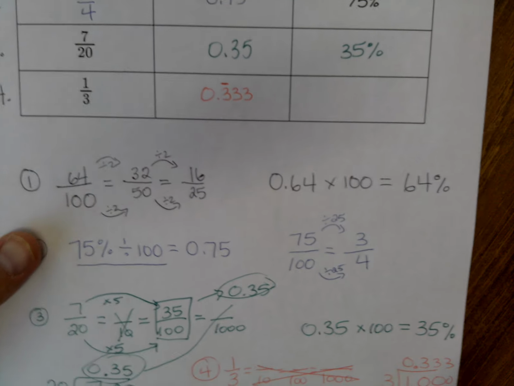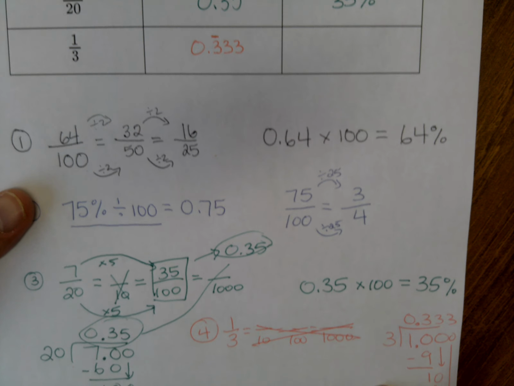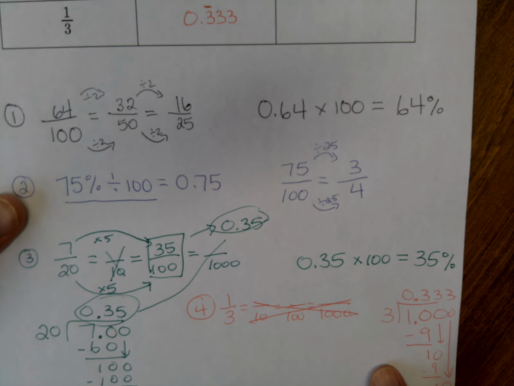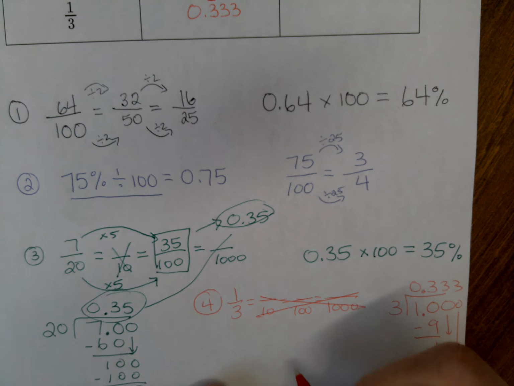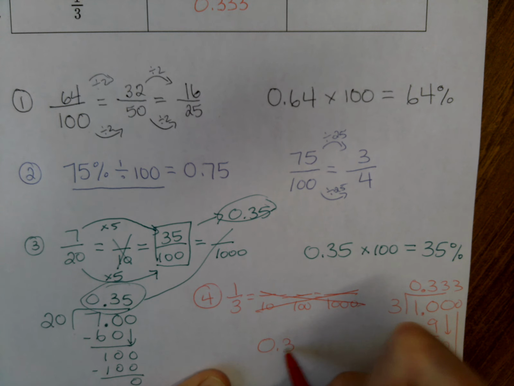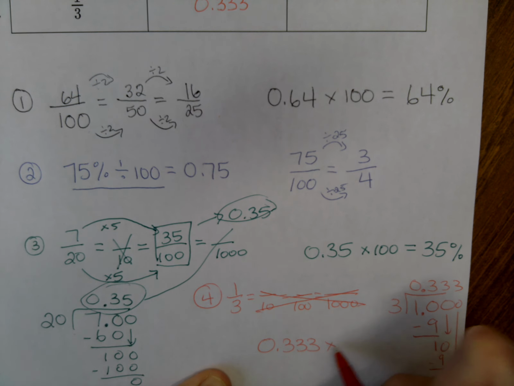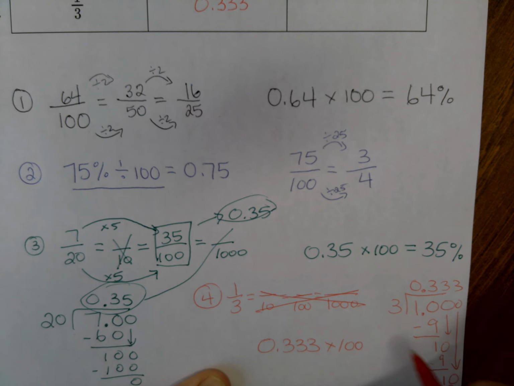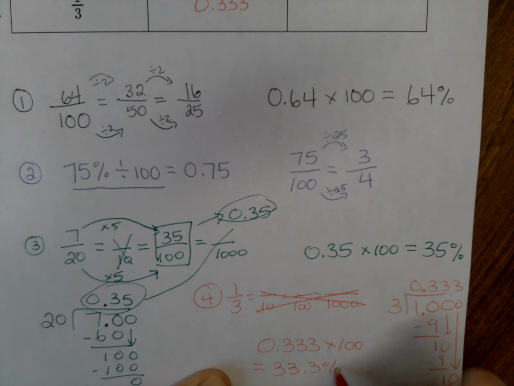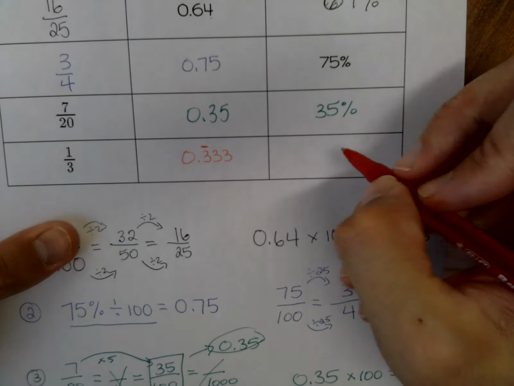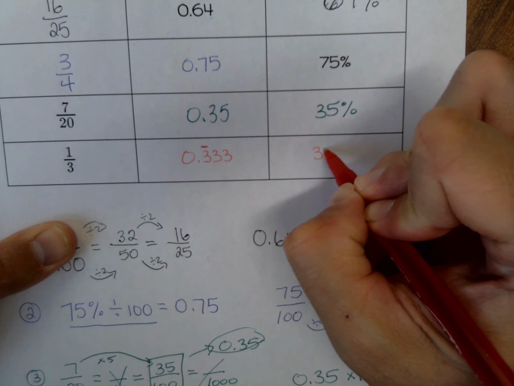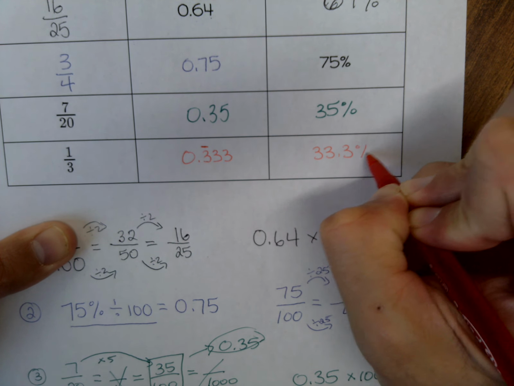All right, so now that we have our decimal number, how do we convert that into a percentage? Well, if I have my decimal 0.333, we know that we're multiplying by 100, and this gives me an answer of 33.3%. So that's how we can convert